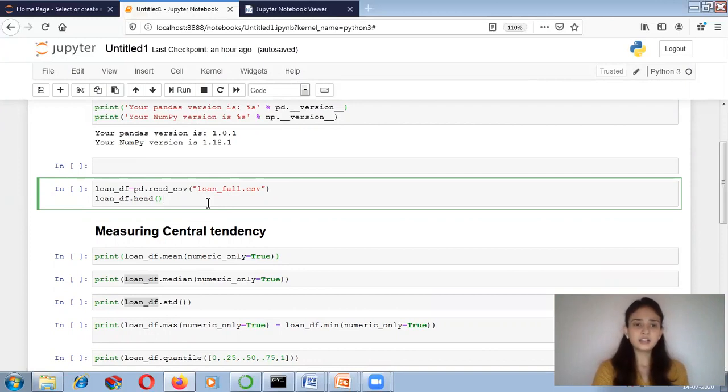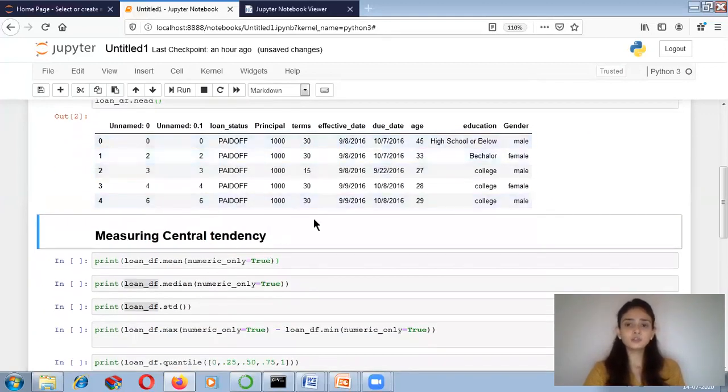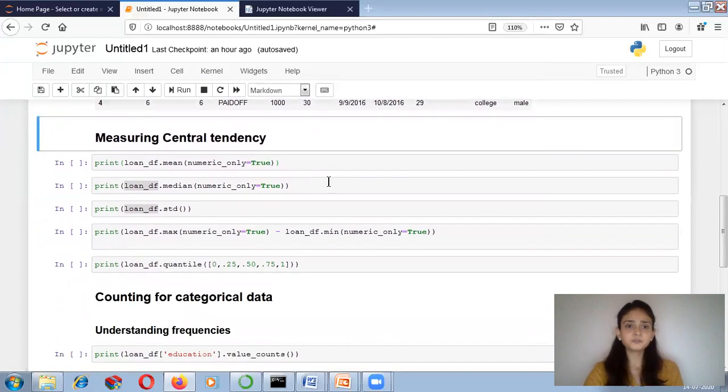So I am loading this data set with the help of the pandas library. I am writing pd.read_csv, and I want to know the first few rows. So I am writing loan_df, whatever my data frame is stored in the variable loan_df, where df is my data frame, and I am writing the dot head function. So it will print my first few rows of the data set, and these are my different column names, or we can say the variable names.